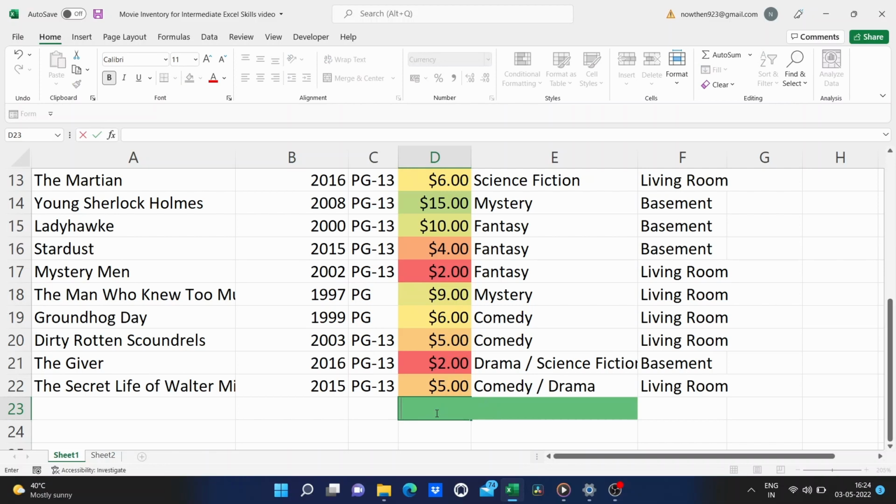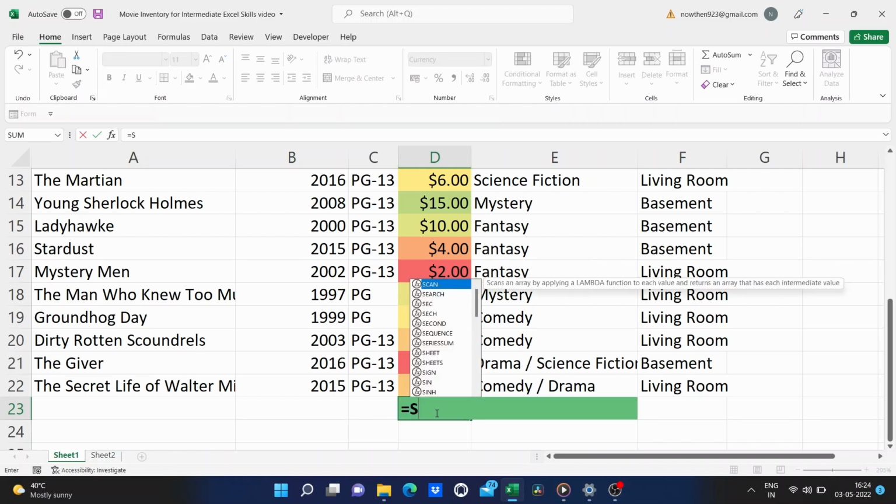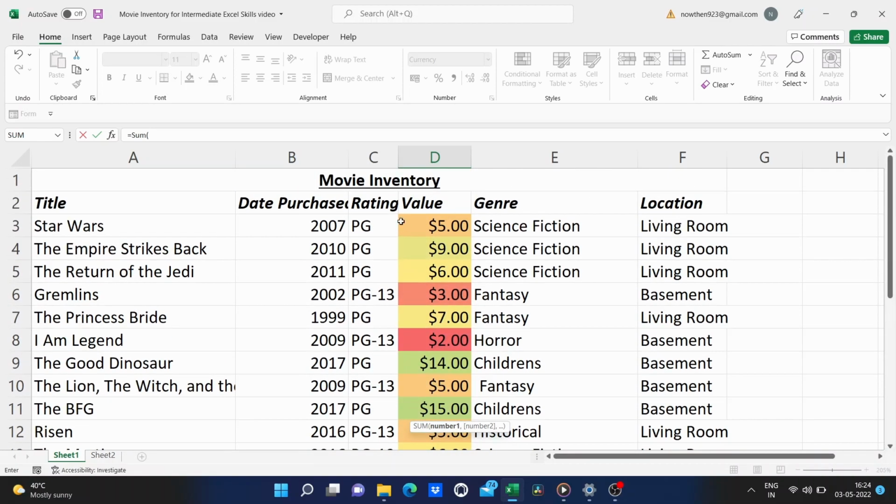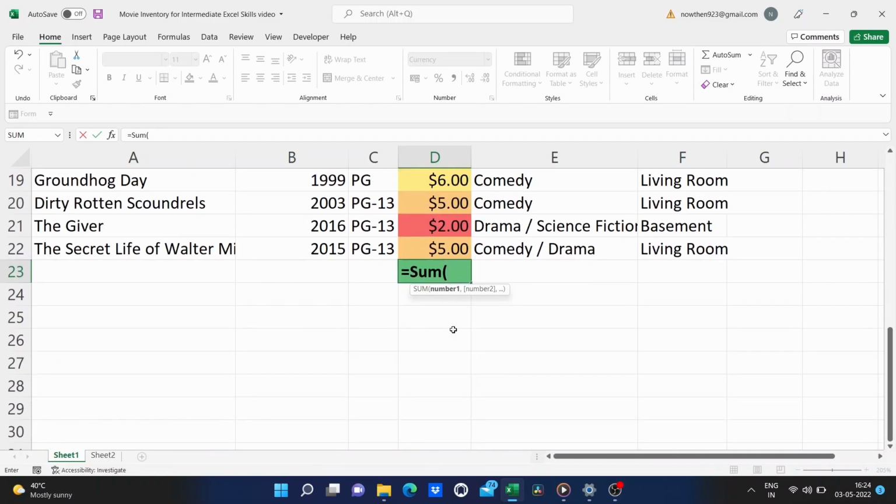So instead of doing that, what I can do is type in the word sum. So this cell is equal to the sum of, and then you put a left parenthesis, and now I just need to describe the range that I want it to sum. Fortunately, as I showed in the beginner's video, I can name a range. Every range in Excel has a name, and the name of this range is D3 through D22, so I'll just type D3, and if you remember from the beginner's video, the word through is denoted with a colon, and then D22, and then you're supposed to put the end parenthesis.